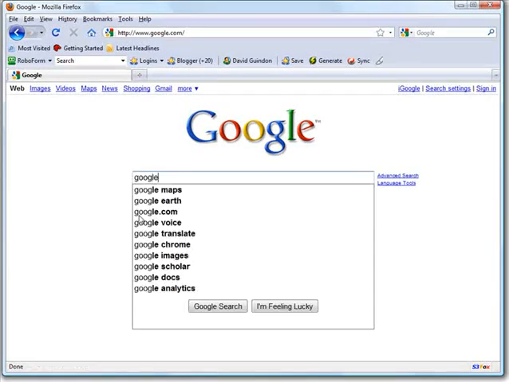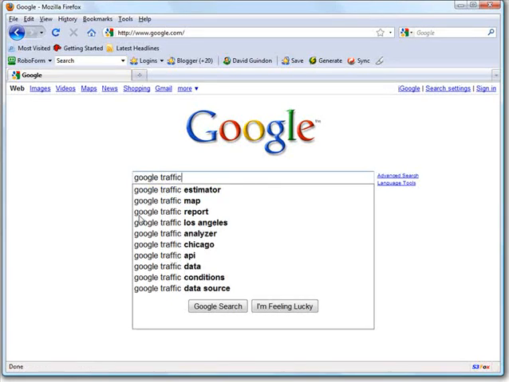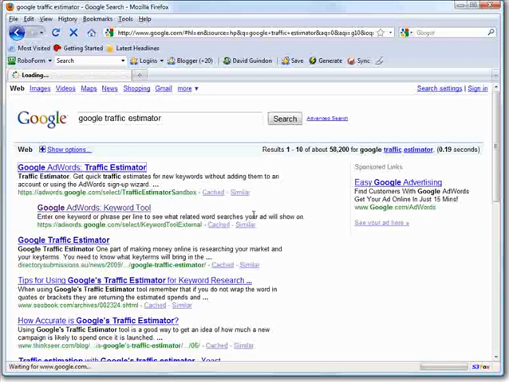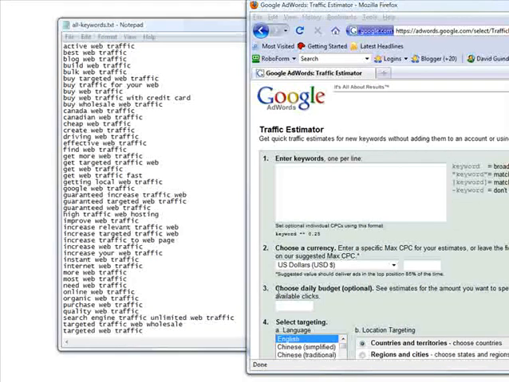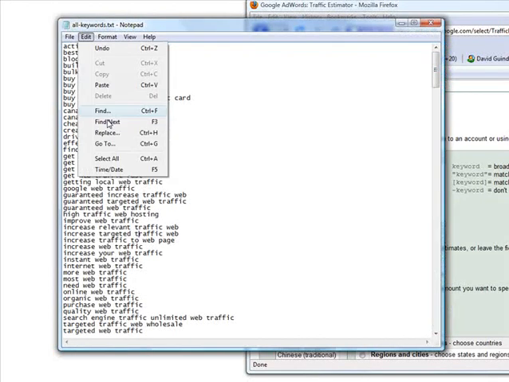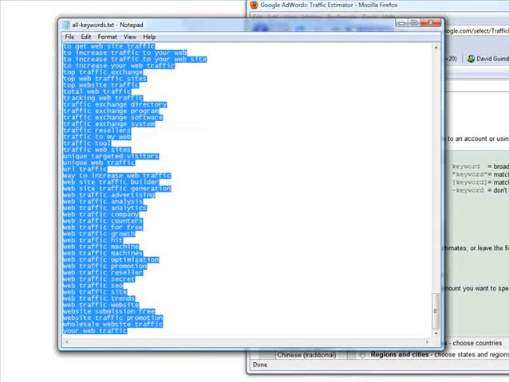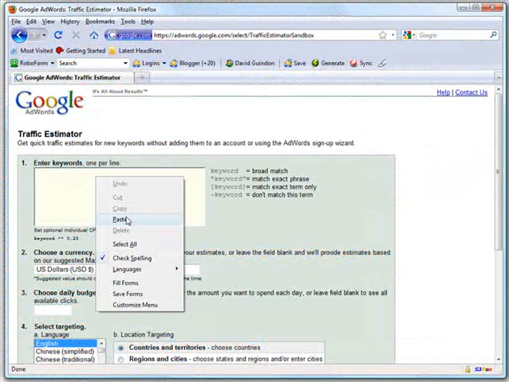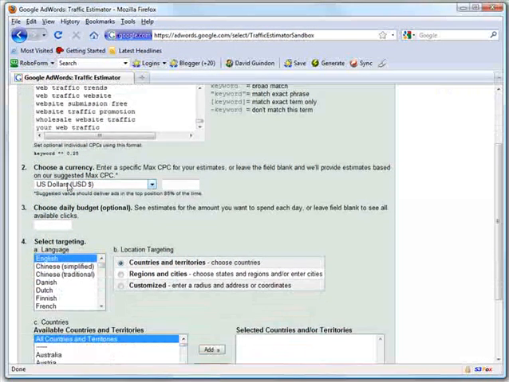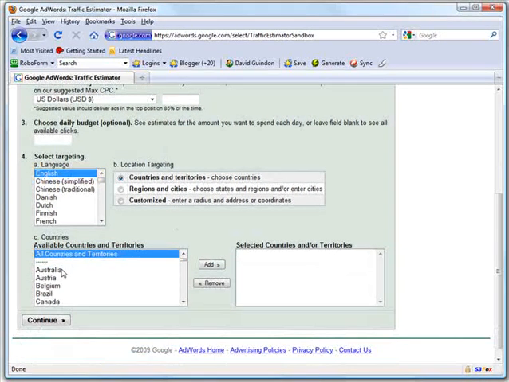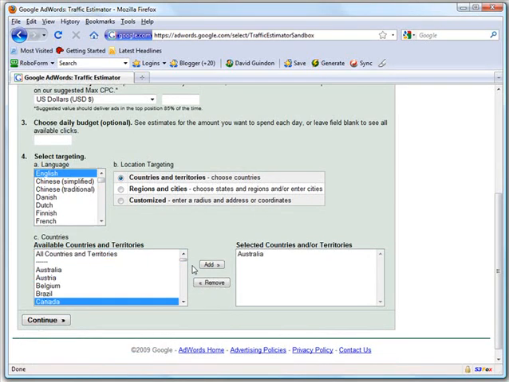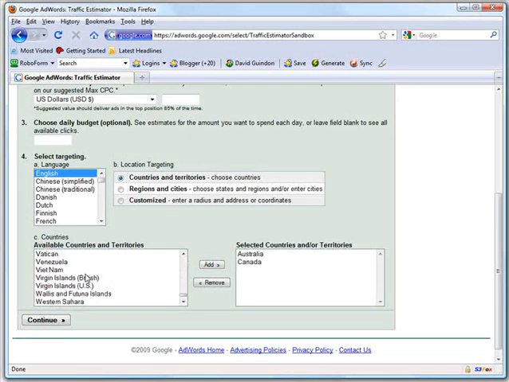So now we go to the Google Traffic Estimator. Now what we want to do is take our set of keywords, so File, select all, right click, copy, right click and paste. Alright. Now I'm going to select the US dollars, and I'm not going to put anything there. English, and the 4 countries I usually add are Australia, Canada, and right at the bottom there is United States and United Kingdom. Click continue,